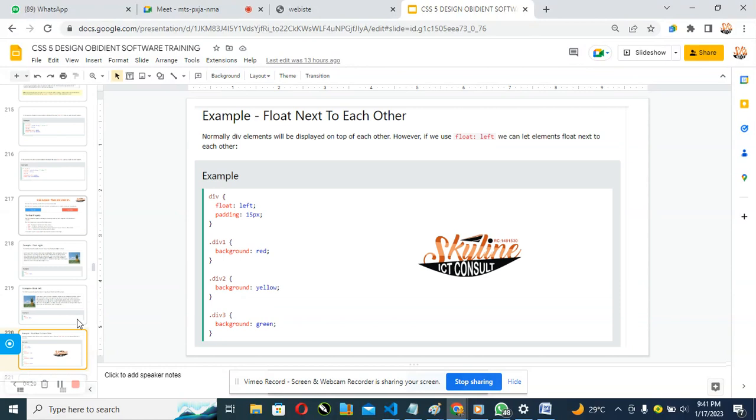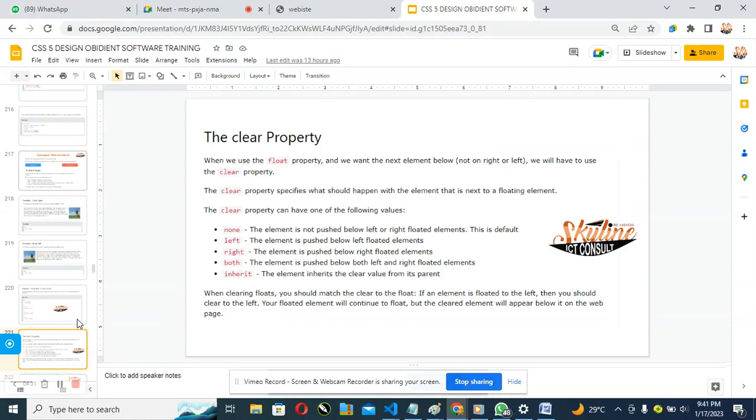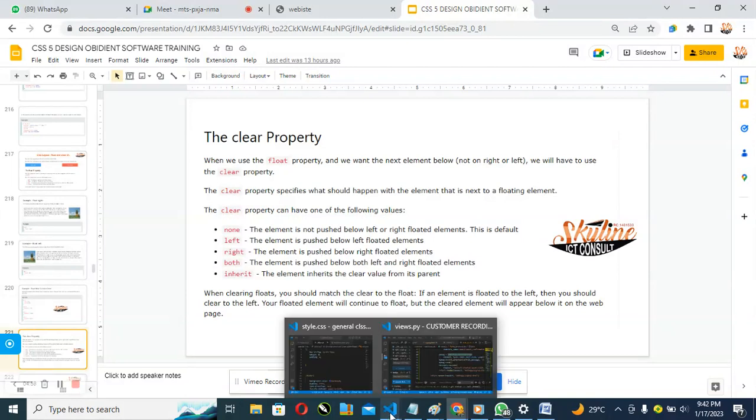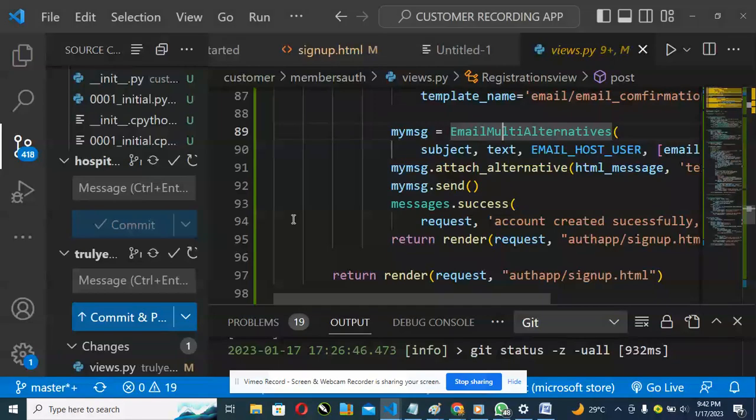Now we are going to be doing a bit of practical. Let's see what we are talking about in floats and see how we can use floats. Before we use float, I also want to explain flexbox and inline. We'll talk a bit about flexbox and inline. Before we talk about inline, let me quickly do floats so that we can understand. To quickly do that, we need to create